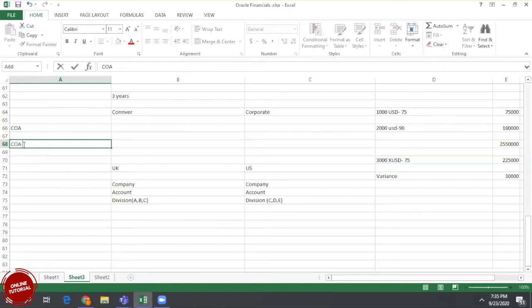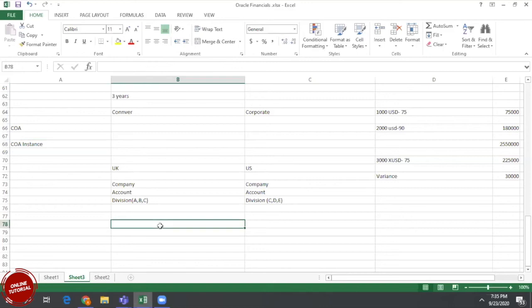Try to understand the chart of account instance. When we create the ledger, we are not using the chart of accounts, we are using the chart of account instance. When we talk about eBiz, yes, we have only the chart of accounts, but when we talk about Fusion, we have the instance concept. In the instance concept, when I am preparing my ledger, I need to take the chart of account. Here I'll create the chart of account: company, account, division.